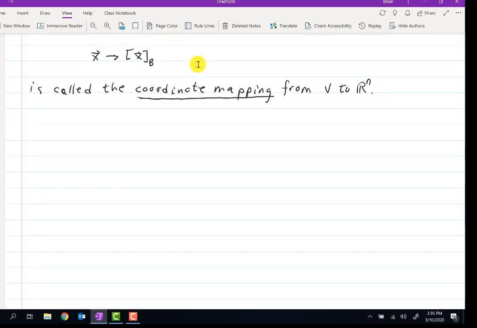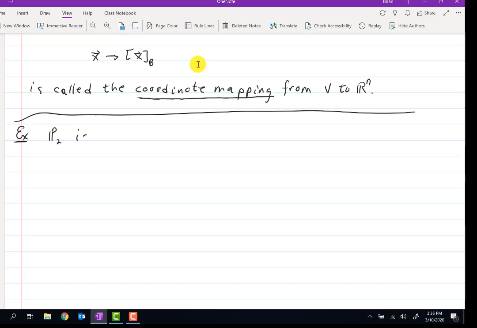As an example to illustrate this, I'm going to look at the polynomials with degrees less than or equal to 2, and I claim that that's isomorphic to R3. Well, let's take a look. Let's call this the solution. The standard basis of P2